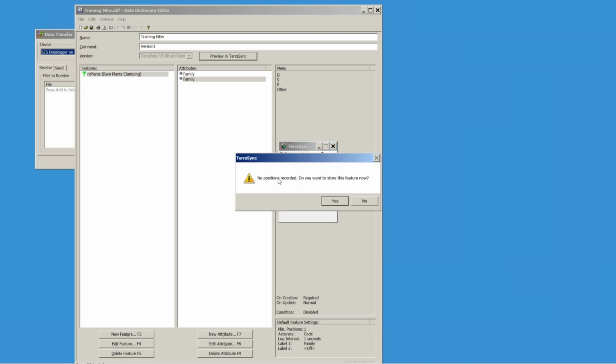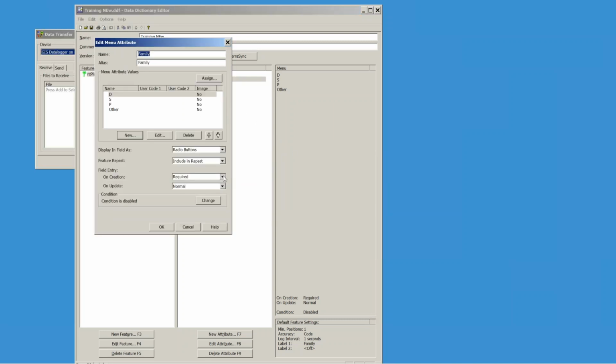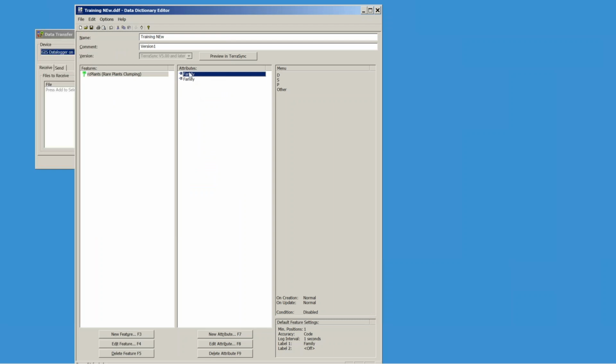If I hit OK, well, let's see. Field entry family required. I thought it put an asterisk. Maybe it's because of how this looks on here. When we get it on the GPS in a minute, it'll show up. So that's kind of what the required field does. You don't need required, and I'll probably just turn it off right now, but that's how you would make something required in the field. All right, so the next one,